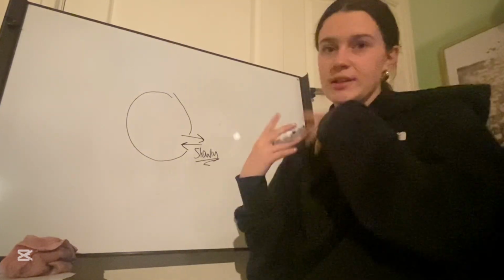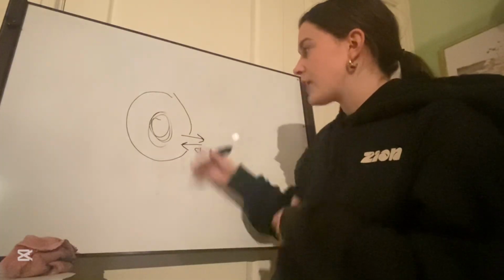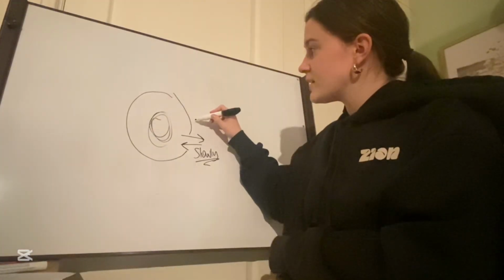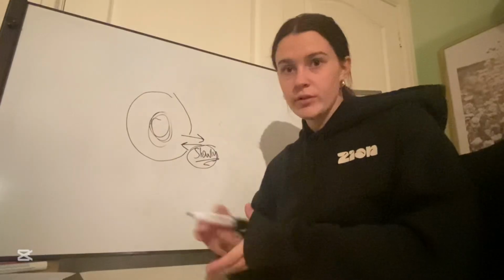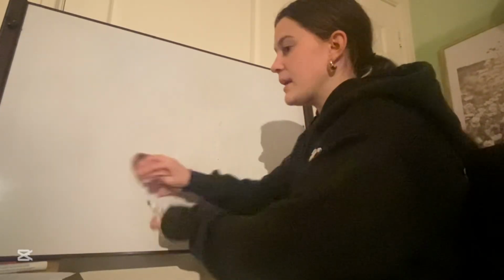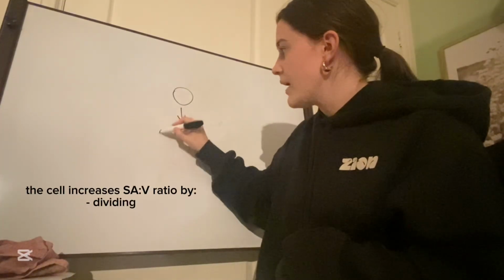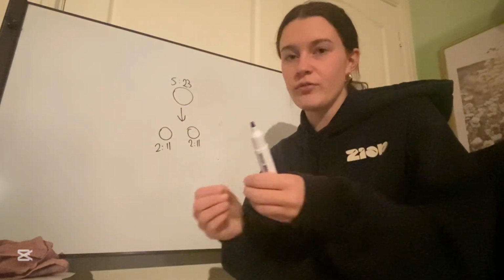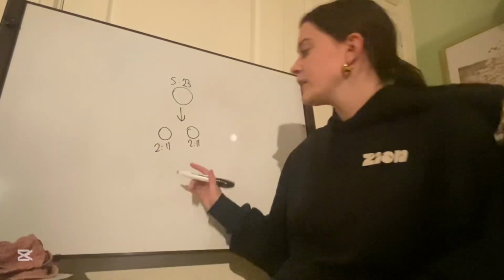It could actually result in death, right? Because what's going on in here cannot actually function the way it needs to be doing. So, surface area to volume ratio gets to a point where it's too slow. The cell will fix this in a couple different ways. Basically, what it could do is it could divide. So if it gets smaller, the surface area to volume ratio increases because basically if we look at a cube,